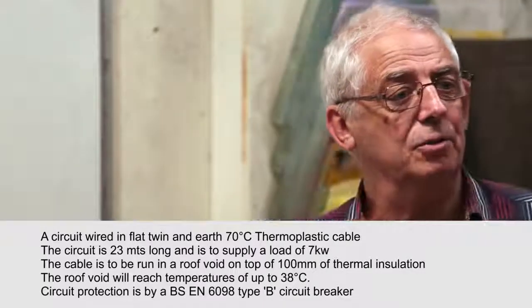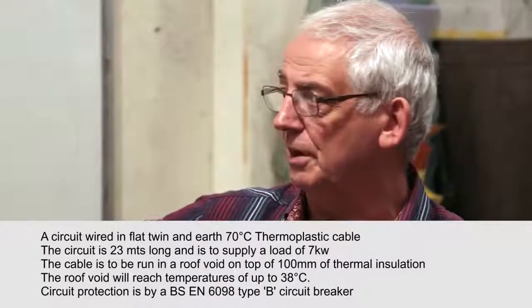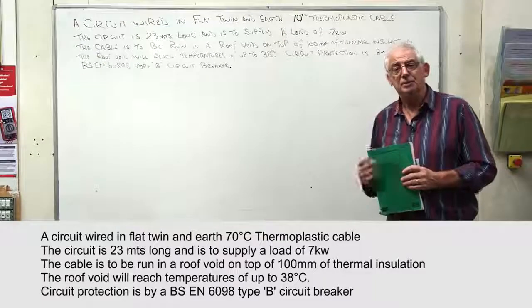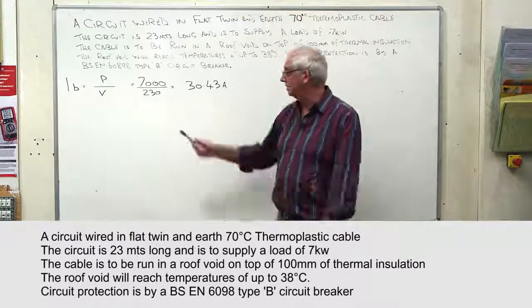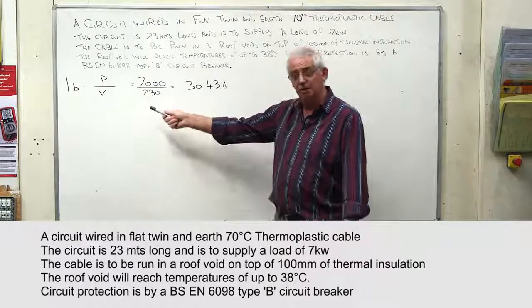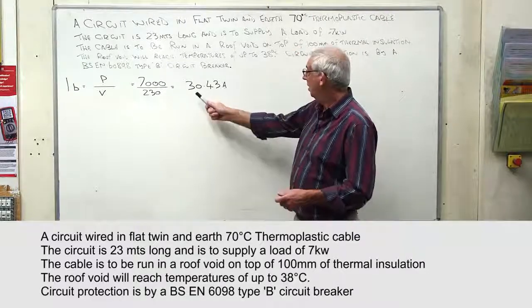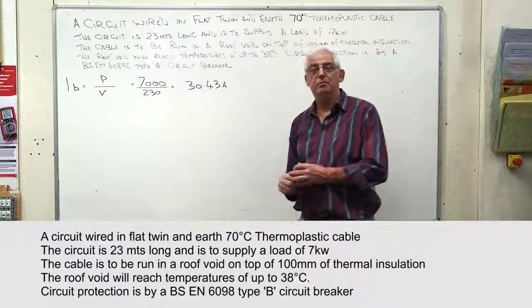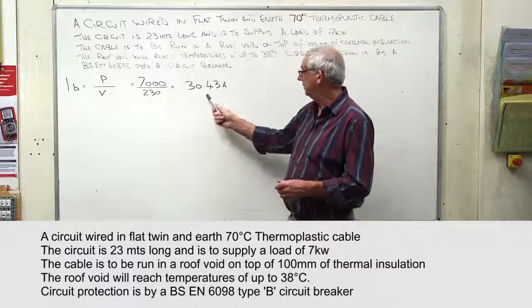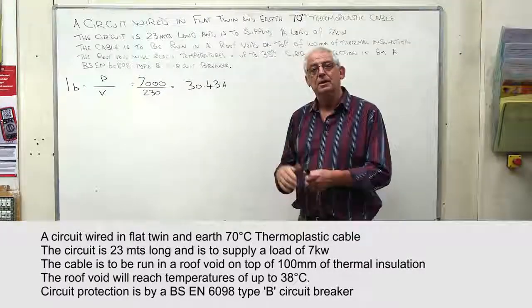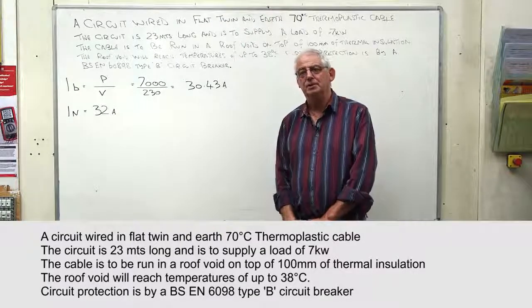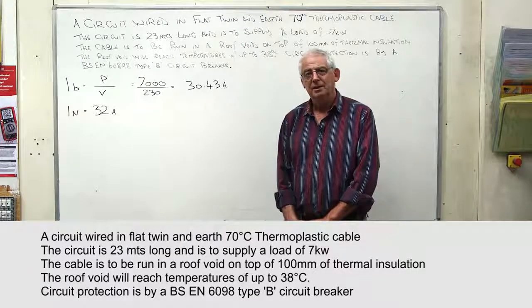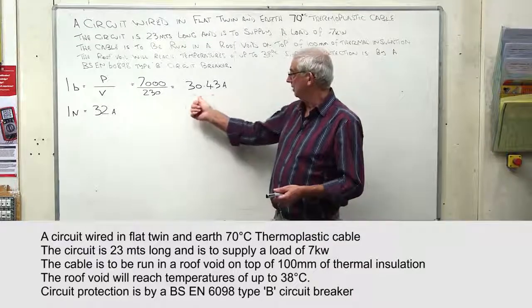So what we need to do really is calculate the size of the cable. If we start off right at the current, our load is going to be 7 kilowatts, which is 7,000 watts. If I divide it by 230 volts, I end up with a current which is going to be flowing in the cable of 30.43 amps. That's our design current. And I now need to find a protective device which is suitable for it. Now clearly, a protective device would need